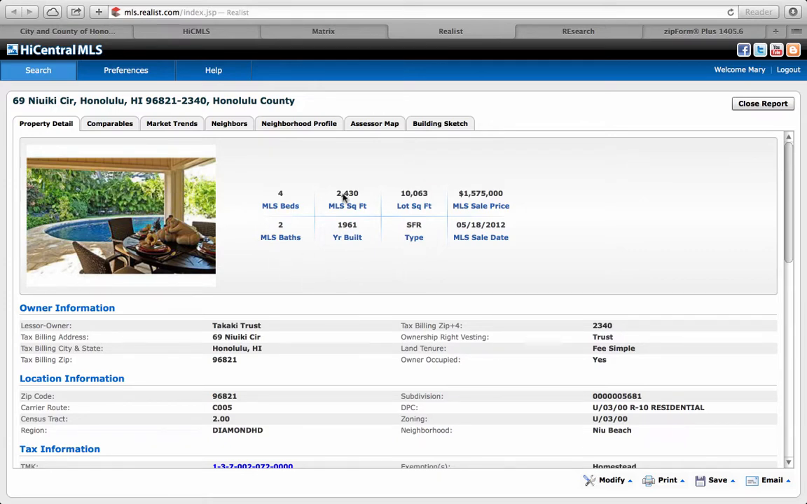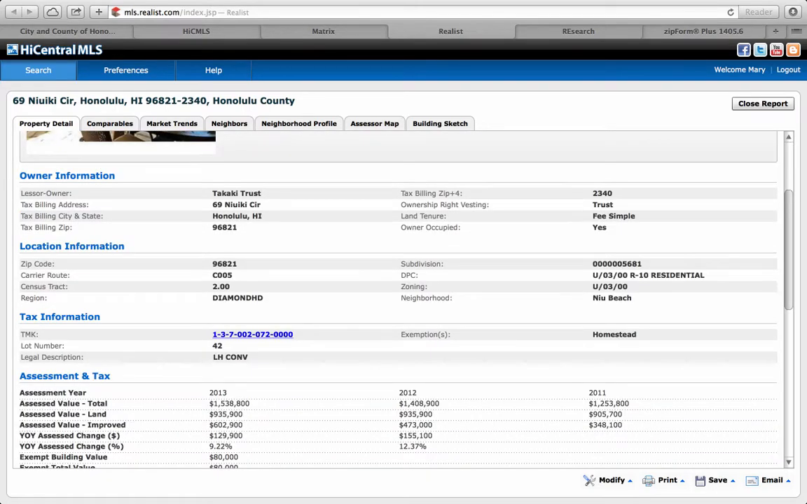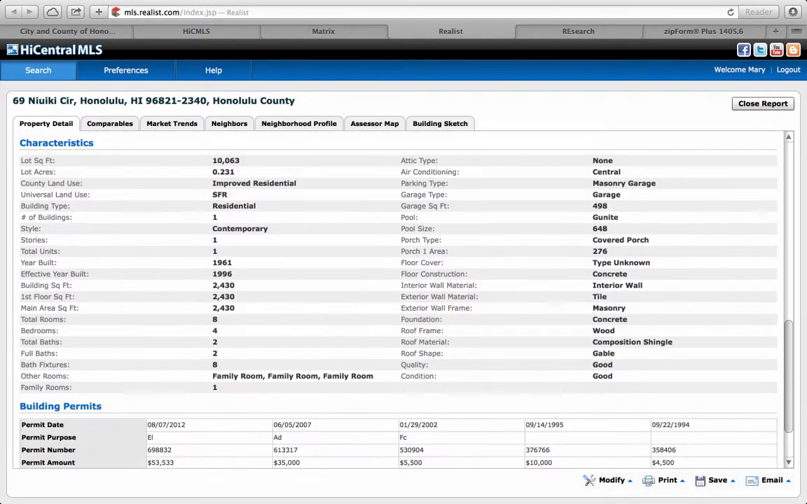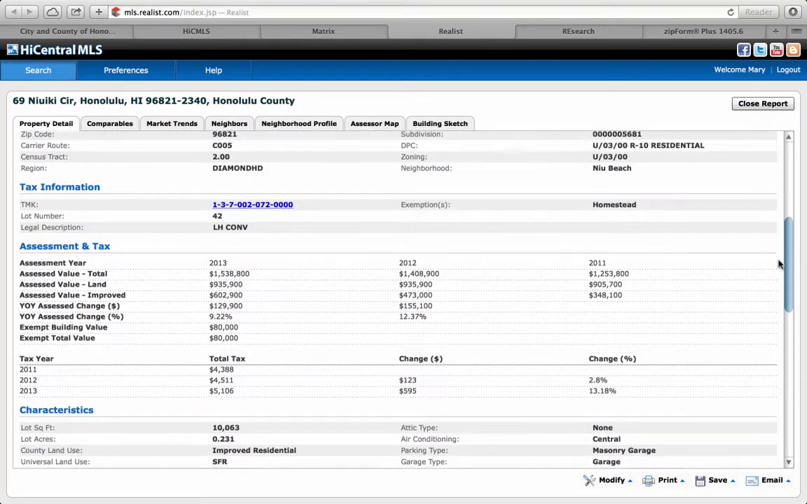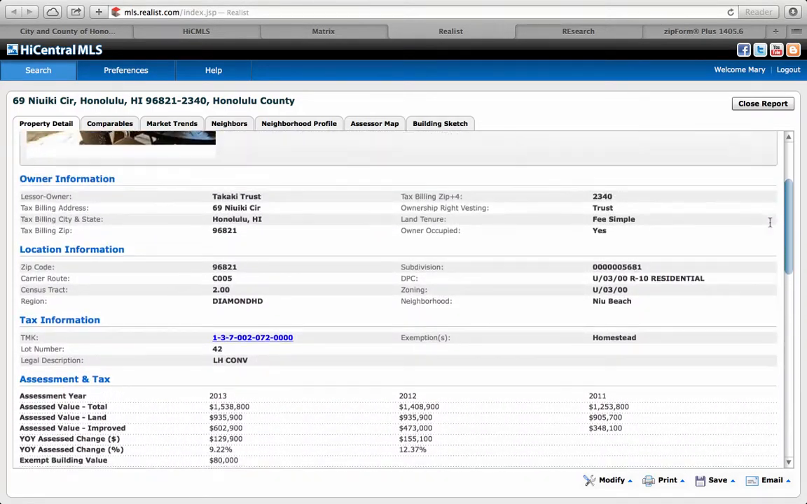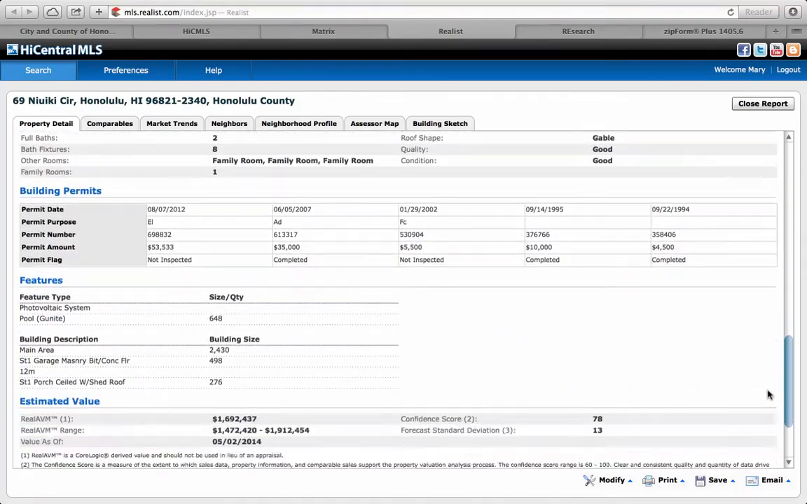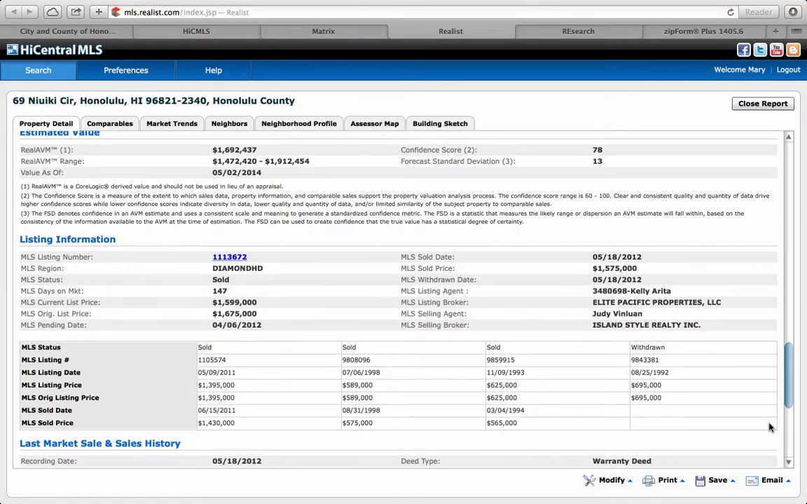Okay, so now that I have this information here, and you can scroll down too, another good thing to do is to pull up the old MLS listing. I'll do that real quick too so you can see. Find that here. It's usually highlighted for you. See, it says listing information, MLS listing number. This number, if you click on it, it will pull up the last